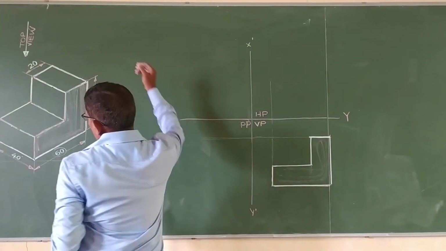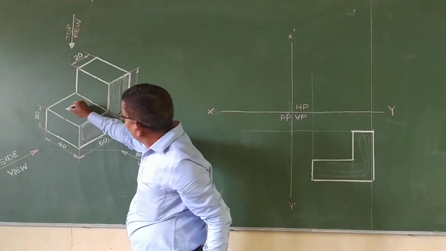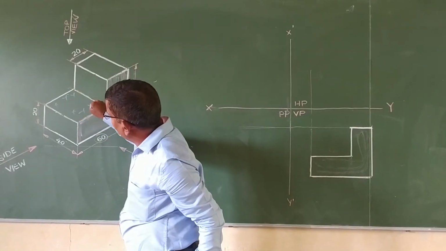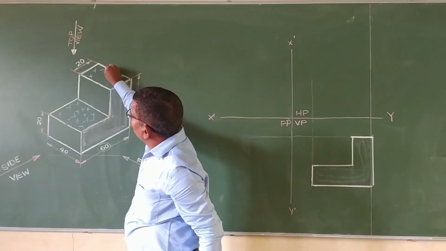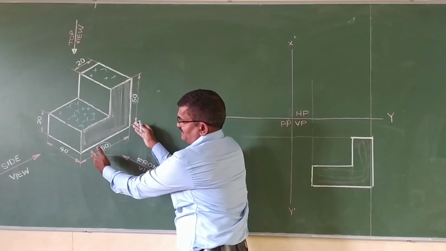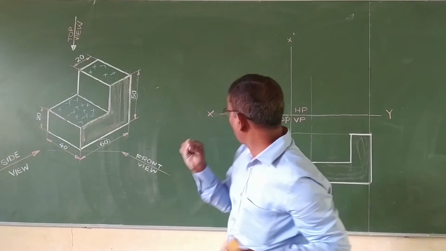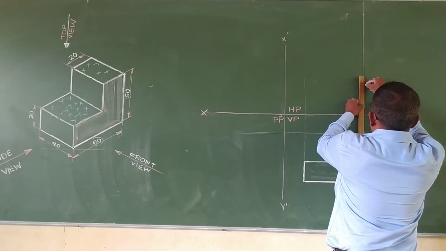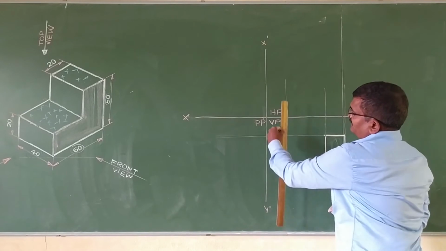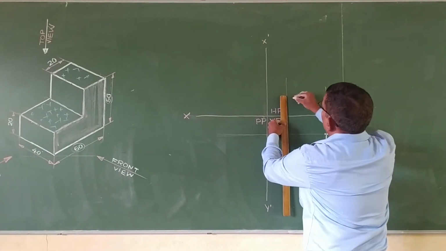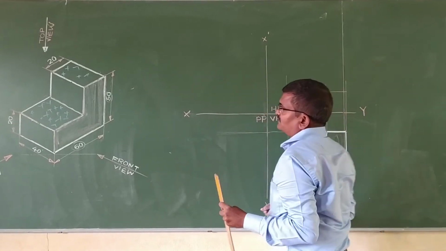Now draw the top view, observing from the right hand side. When observing the top view, we get this surface, one surface, and another this surface. Its length is 60 when observing from the top also. Both lengths are 60. Therefore, we have to extend this line, the projector line, from 3 corners. Here you have to leave a space of 20 mm. So from here we have to start the top view.